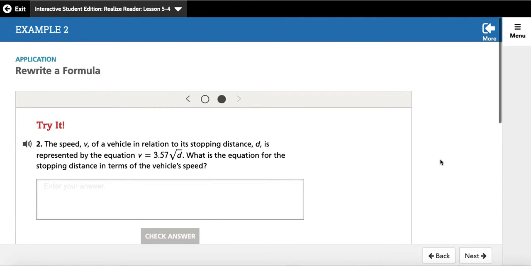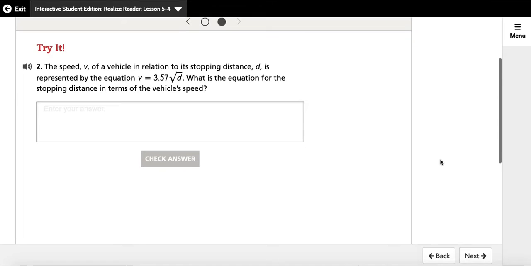The speed v of a vehicle in relation to its stopping distance d is represented by the equation v equals 3.57 square root of d. What is the equation for the